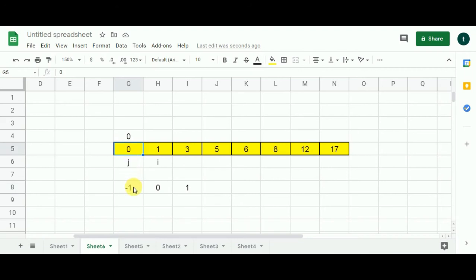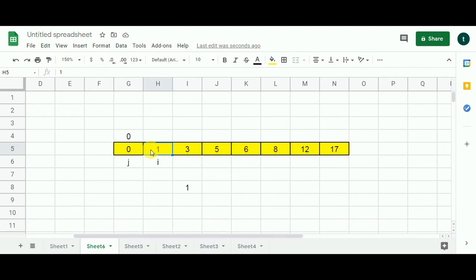Alright, now the first possibility is minus 1, so how can a frog jump minus 1 meter? It cannot go back, so this possibility is ruled out. Second, we have 0, that means no jump, so this possibility obviously we are going to rule out. Now we are left with the last possibility, which is 1. So I'm going to add this 1 to this 0. It is going to give me 1, which is our target, which is our next stone.